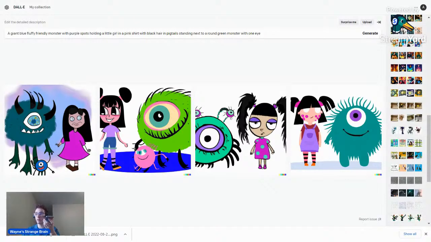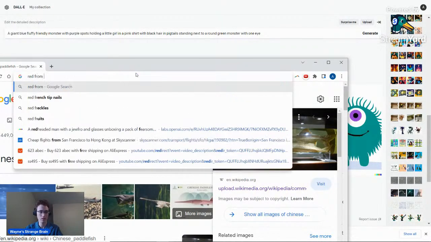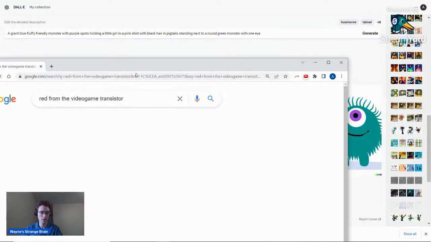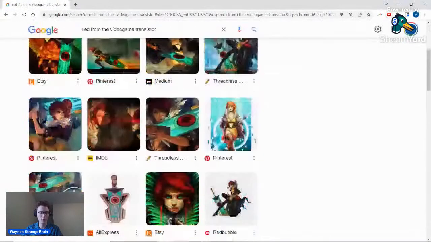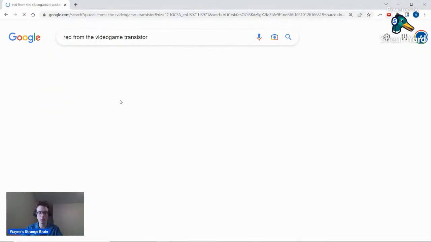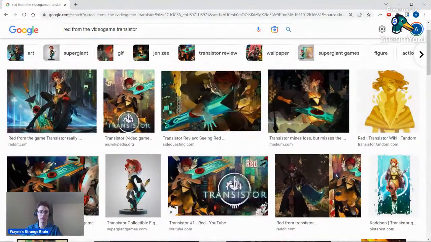So you have to be very descriptive. Rather than saying red from the video game Transistor, try saying... I don't know what he looks like, but okay, I'll take a look. Red from the video game Transistor. You would look at him and then describe him and his features, but it wouldn't necessarily know the features associated with them.